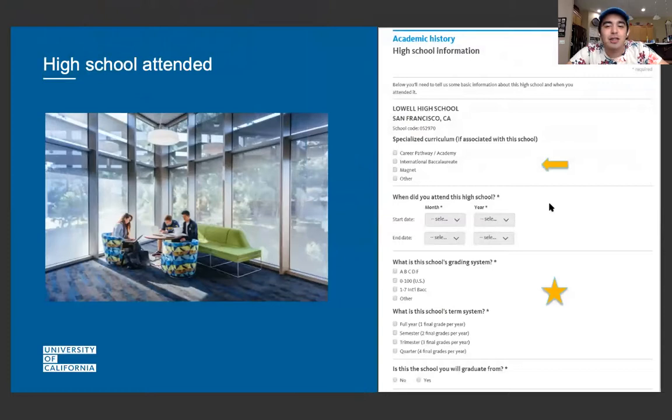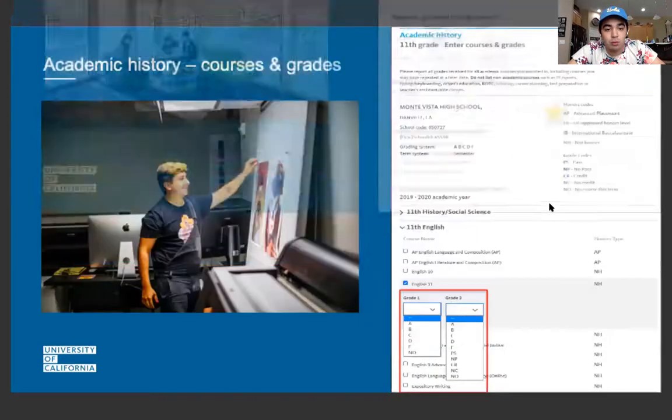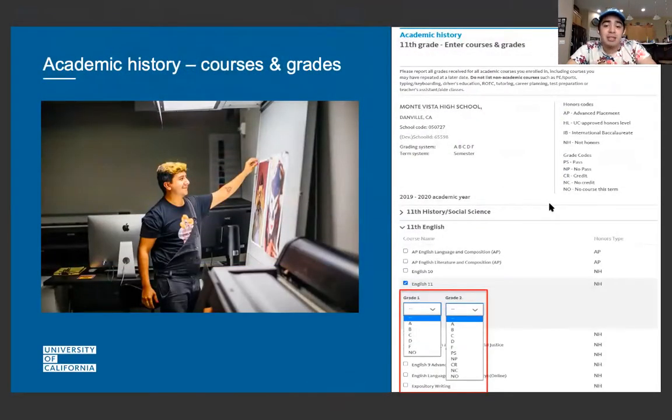High school attended, they're going to show if you went on any pathways, if you were in the Performing Arts Academy, if you were in this academy, if you were on this pathway, when you started, when you're expected to graduate, which grading system they use, and if it was on a semester scale, trimester, quarter, or full year academic. Usually it's on semester. Quarters we're talking about final grades, but semester final grades on the transcript is what they're asking for. So that when you go into your academic history and you're putting in your courses, you can tell which ones were AP and which ones were on the quarter and all of that.